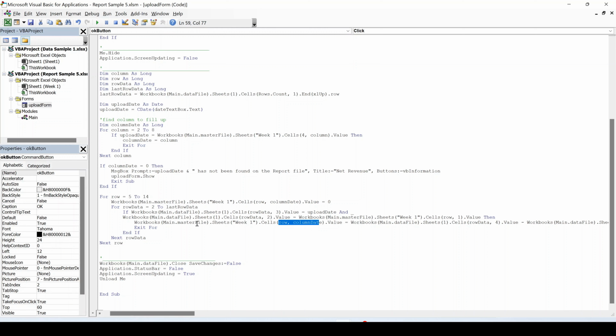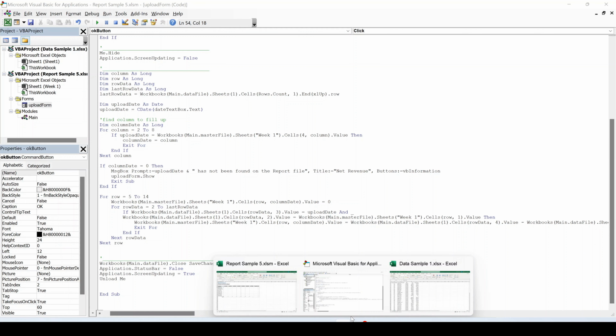So while iterating through the rows and columns, we already know the column date index from this piece of code. So now our row, as we iterate through each row for each customer, and if we find this match, the row will represent the index through which we are iterating, right? And